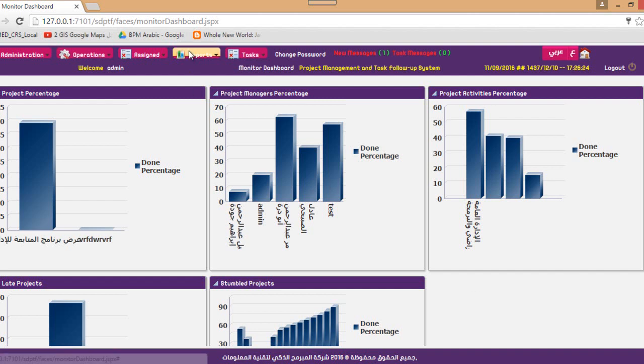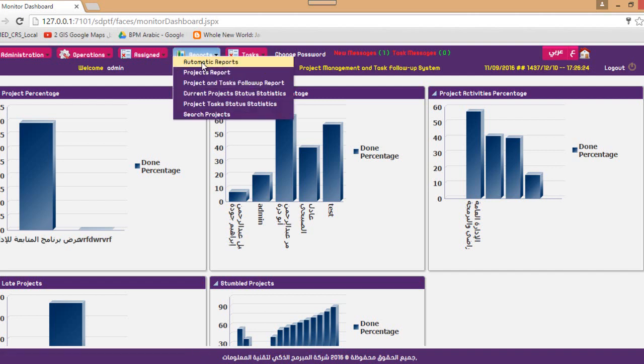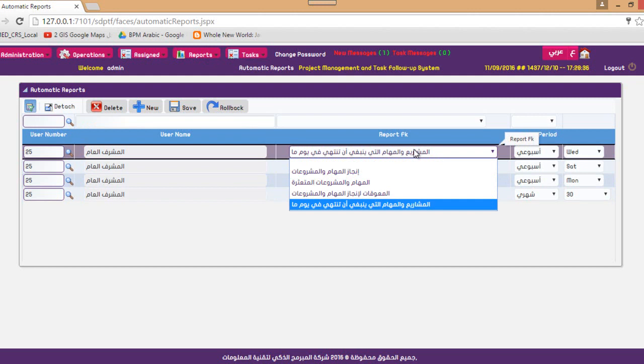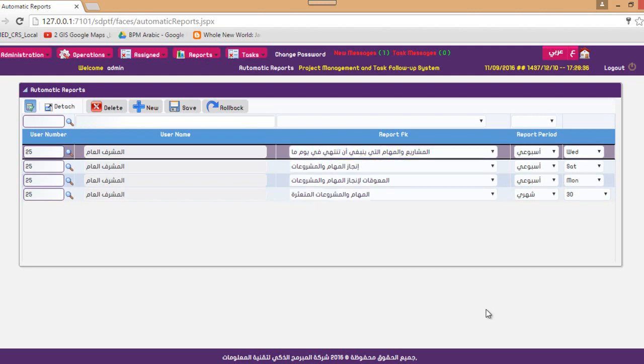Yet we still have many reports in order to ease creating and generating reports. For example, we have something called automatic reports. In automatic reports, we have many reports, like 4 main reports. What we mean by automatic reports is that this report, like projects that must end soon, will be sent to the general supervisor weekly on Wednesday.